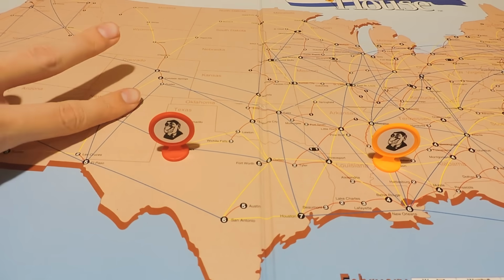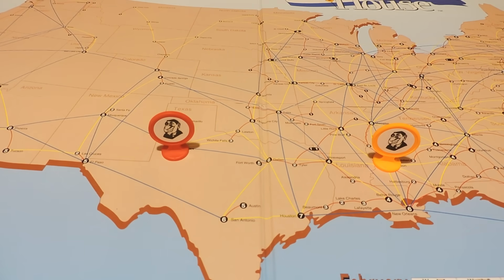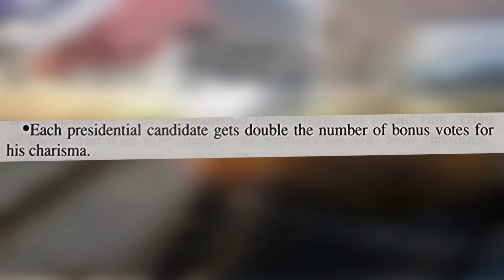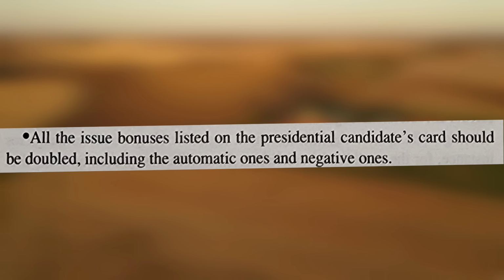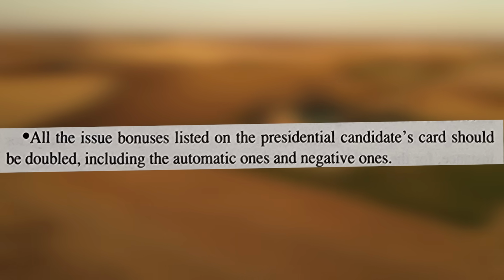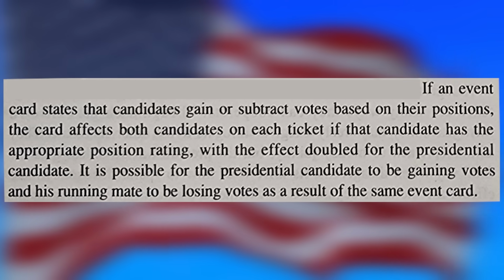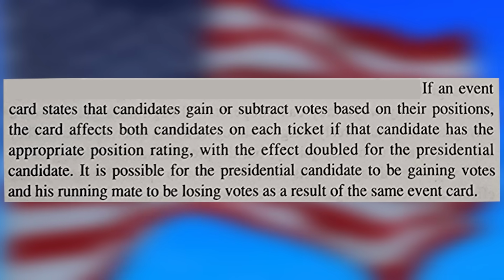Surrogate turns are doubled when they start with a presidential candidate, so if the vice presidential candidate needs one, it's more optimal to have them start with the PC than transfer them over. Any bonus votes that a PC would get from charisma are doubled. All issue bonuses on the PC card are also doubled, even if they are automatic or negative. If an event card states that you have to gain or lose votes, that applies to both candidates on the